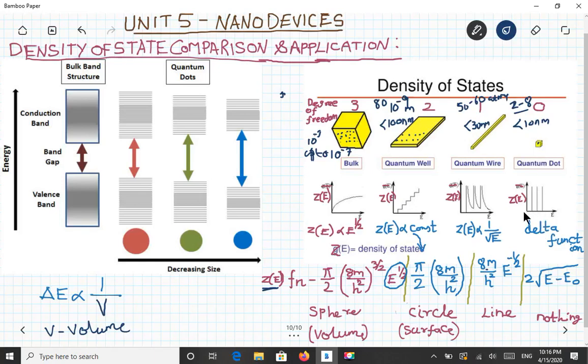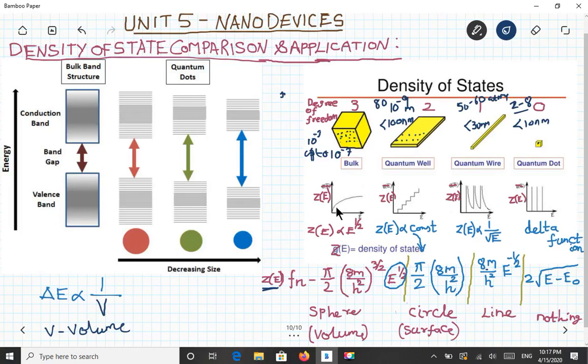Delta function means there will be 0 before and after, but at a certain energy level there is a peak, which is known as the delta function. And this is called a discrete function. You all know that when coming to quantum mechanics, the energy levels are always discrete. So this is the discrete energy level. The number of available energy states for a given energy level is constant. That's it. There is no other movement. So it reaches here, which means this many energy levels can be occupied by the electron.